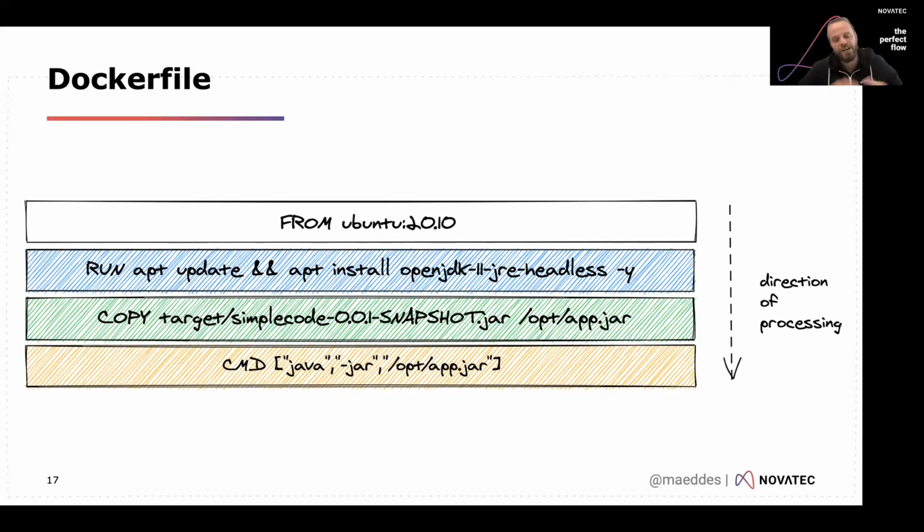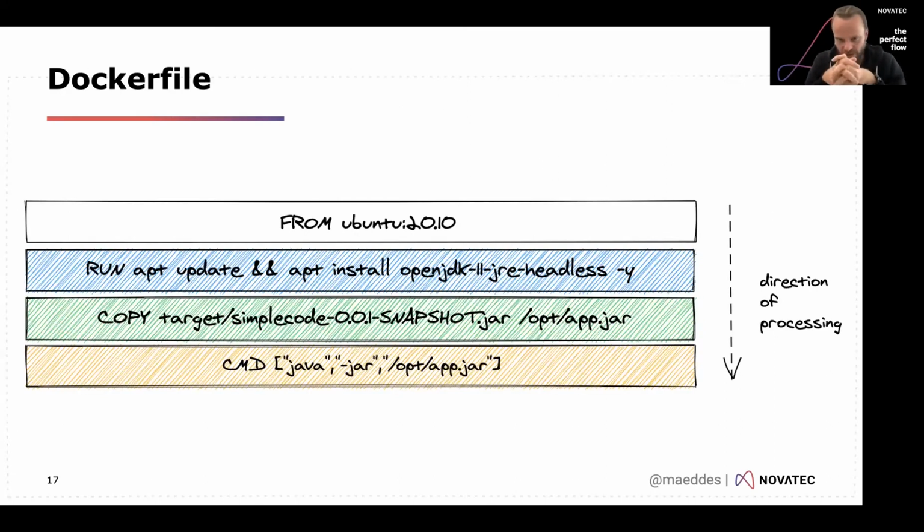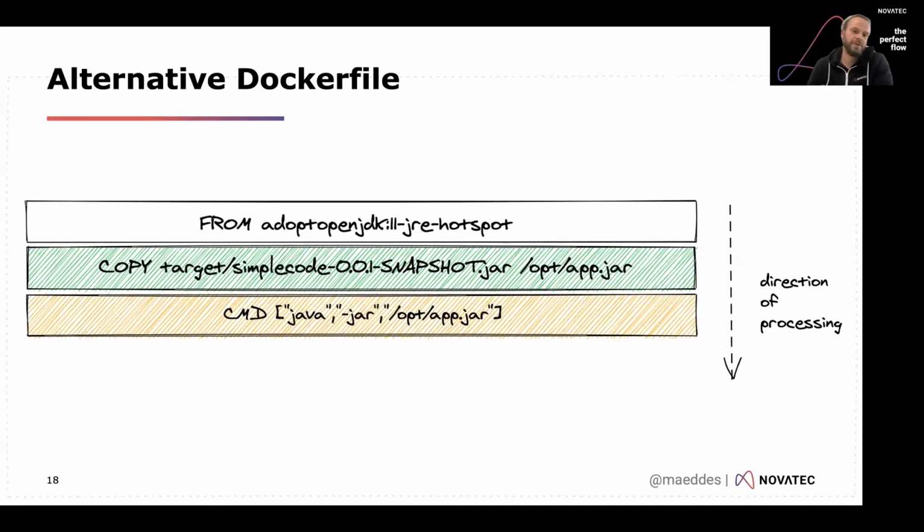And that means wherever I execute that image, it will do exactly the same thing, and it will come along with all the prereqs that it needs. Now, maybe people don't want to do that installation step of the JDK all the time, because it's already kind of a solved problem. And people came up with alternative ideas to say, well, I provide my own base image, which is kind of the base layer of the image we are building here.